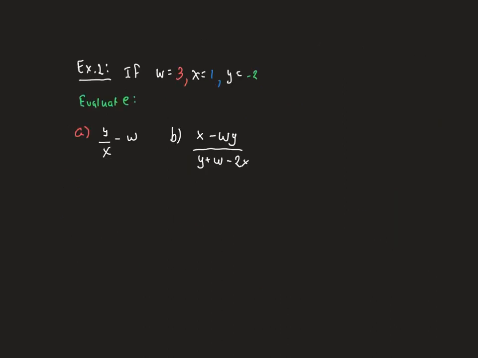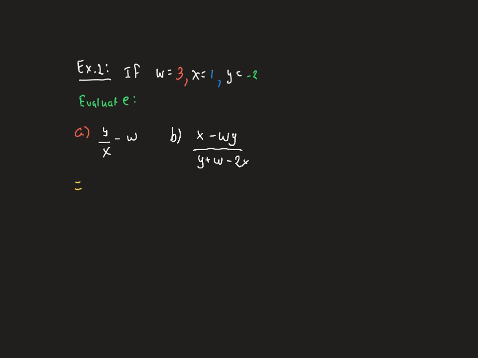Okay, so let's continue on here. In these ones, these are a little bit more complicated because now we've added the rules of division, but the steps still remain the same. So once again, I'm going to do the first one together, and then I want you guys to try out the second one, okay? So it's going to be equal to, in the first one, I have a y divided